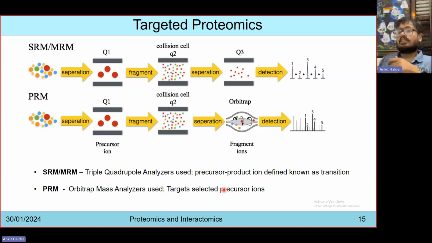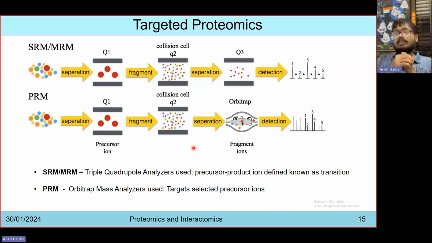Similarly, what happens in PRM, or parallel reaction monitoring, is that we ask the quadrupole to select the precursor ion and try to get all the possible fragments that are there. Since the map of the product and the precursor for that particular peptide is unique to that particular molecule,